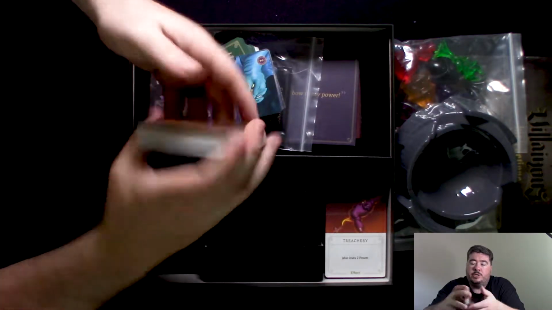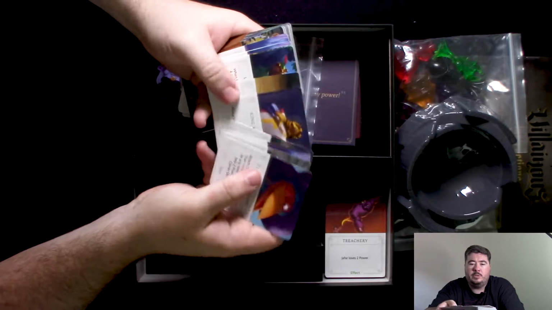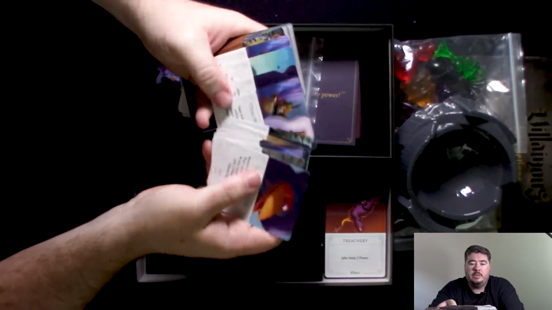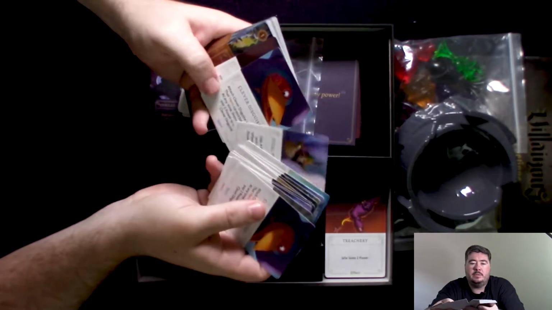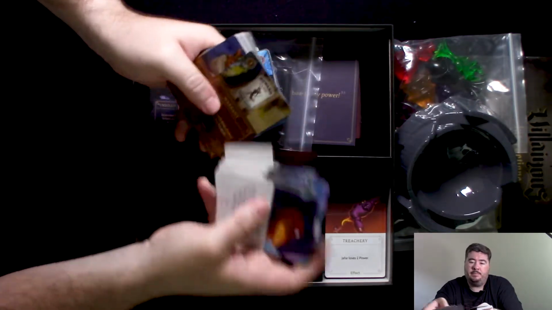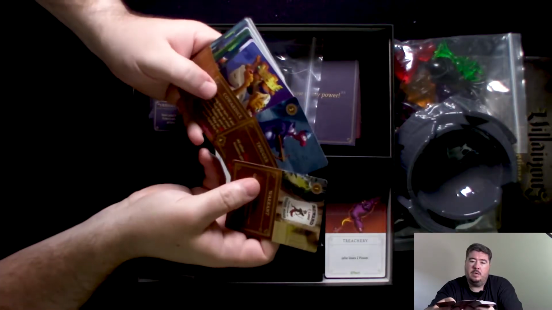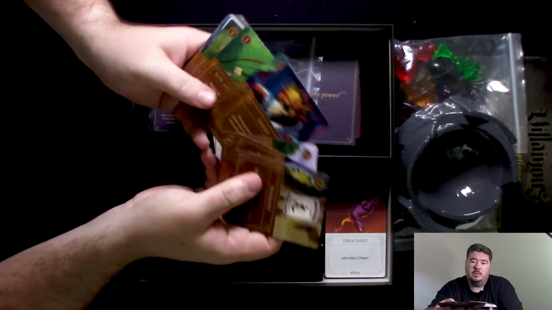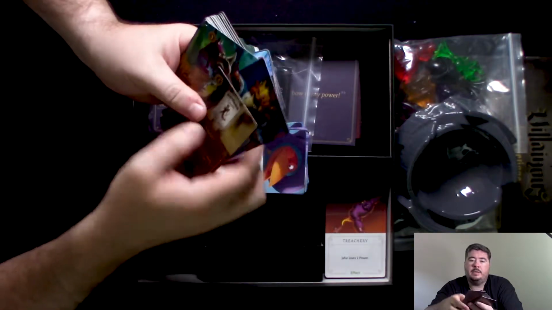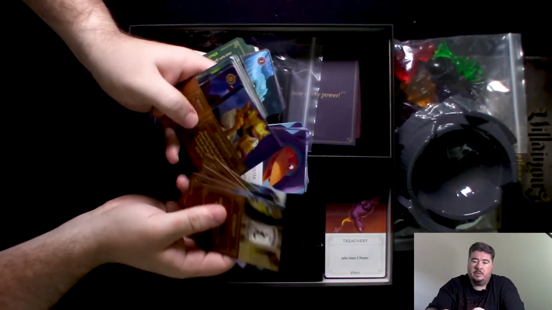So next one is Prince John. So of course Prince John has Robin Hood and the Merry Men inside of it. Maid Marian. Man, I don't know how hard it is to see the art on this, but